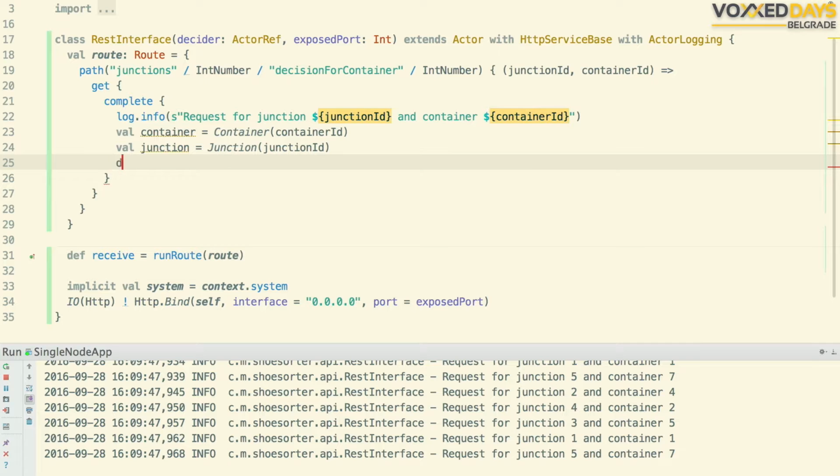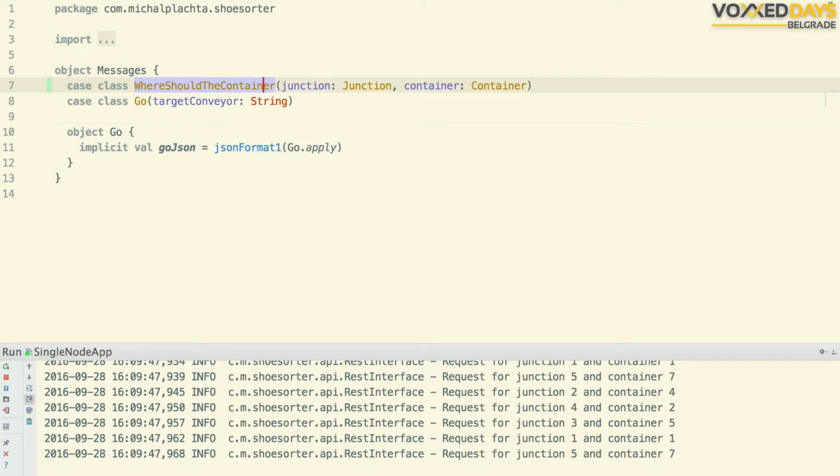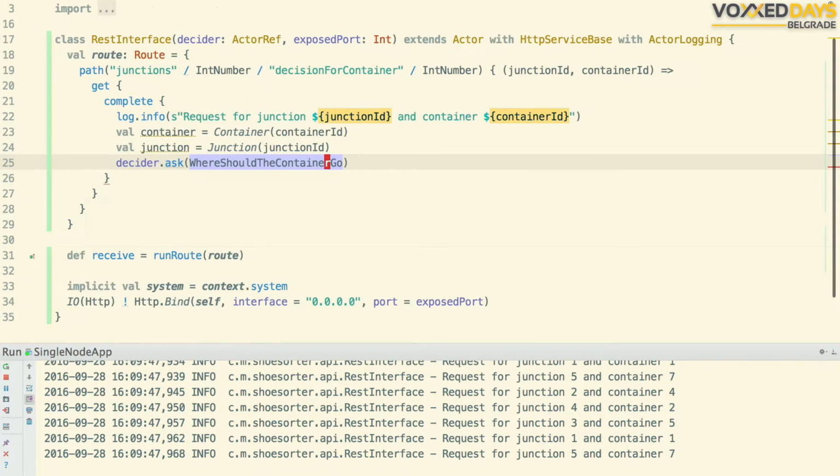And here we can just ask the decider where should the container go. Okay. Let's rename it, it looks better. Where should the container go? And the container needs junction and container.